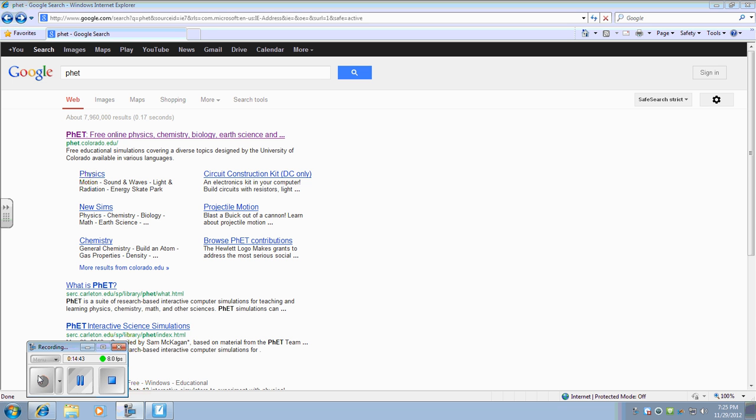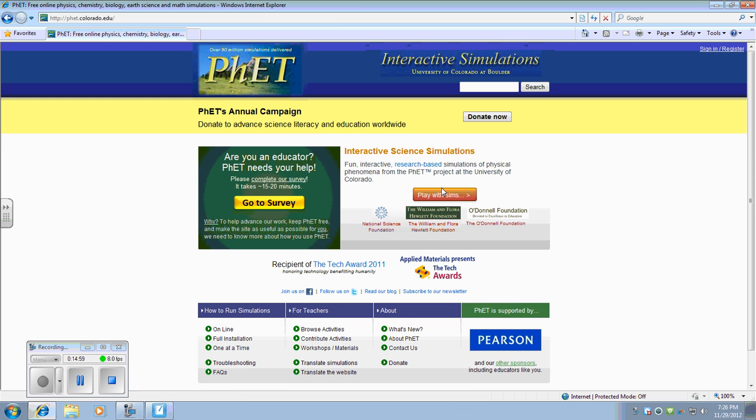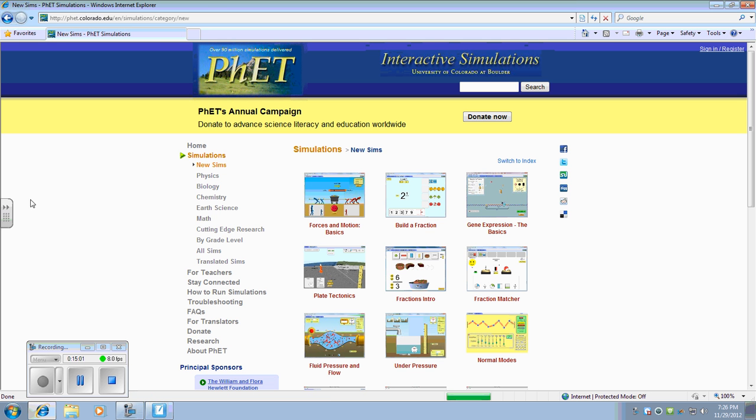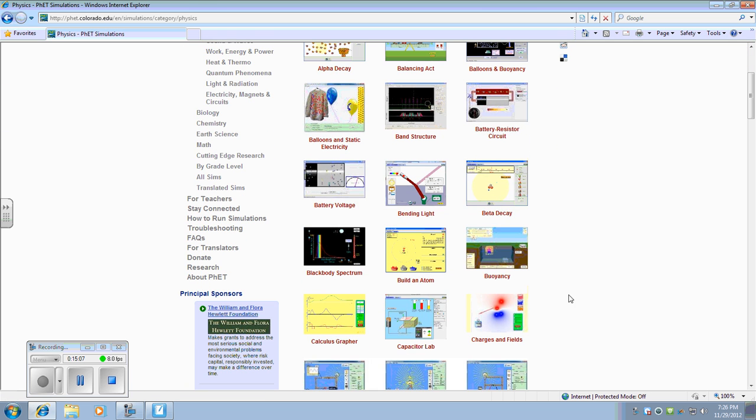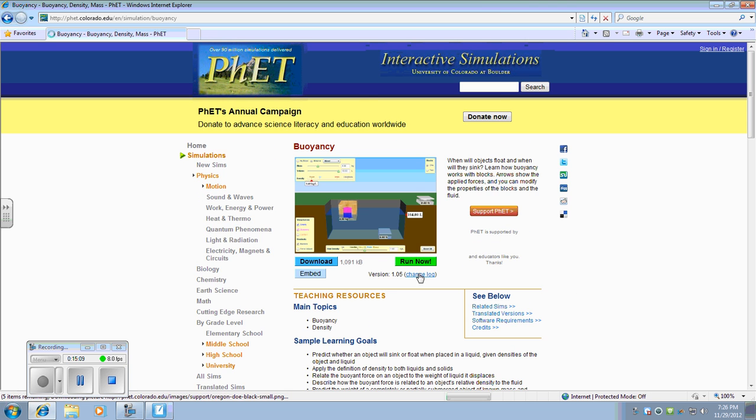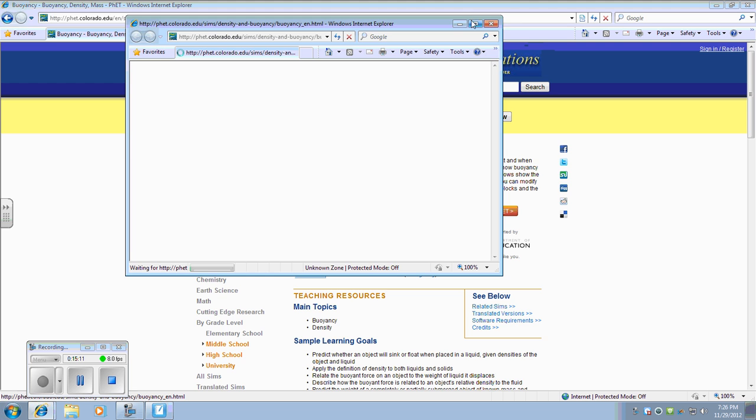I highly recommend that if you want to play around with buoyancy and test out some of your questions, Google PhET up here at the top right. So I think I can write on this. Oh, nope, I can't. So Google PhET at the top here, and you can click here and it gives you these free interactive simulations. I love this site. Then jump down to physics, go down to buoyancy, run now, maximize,